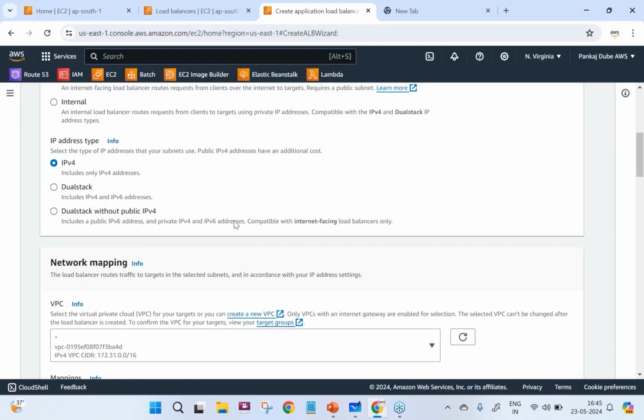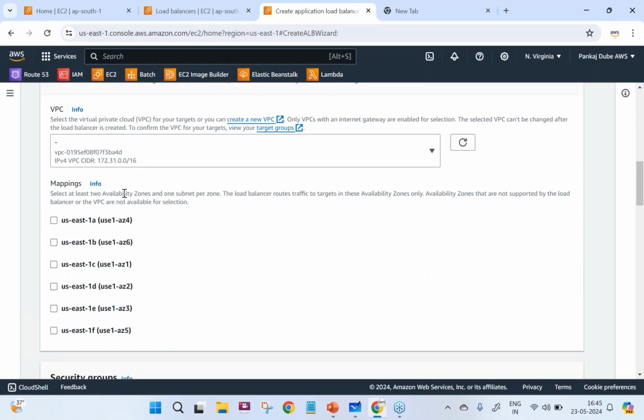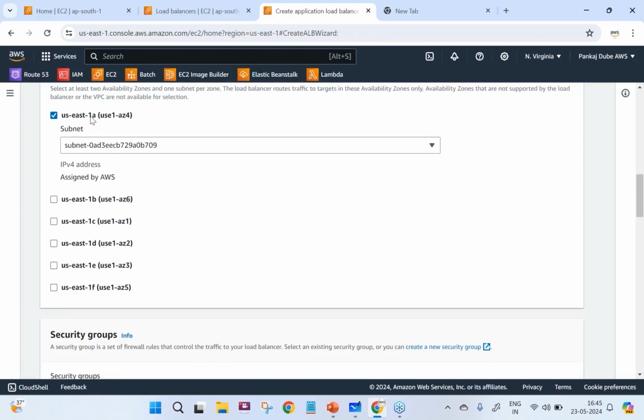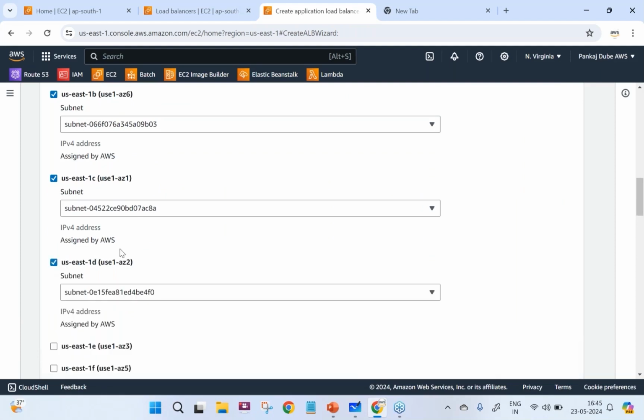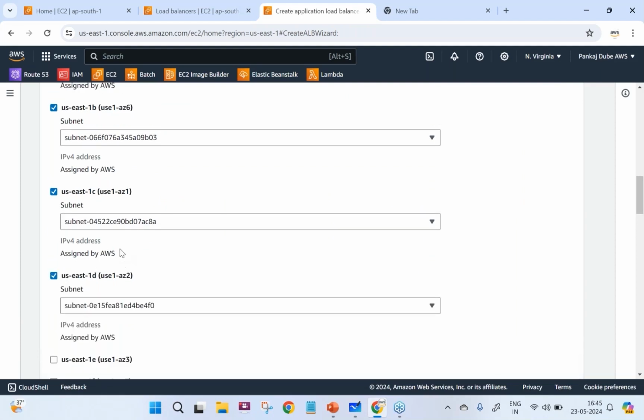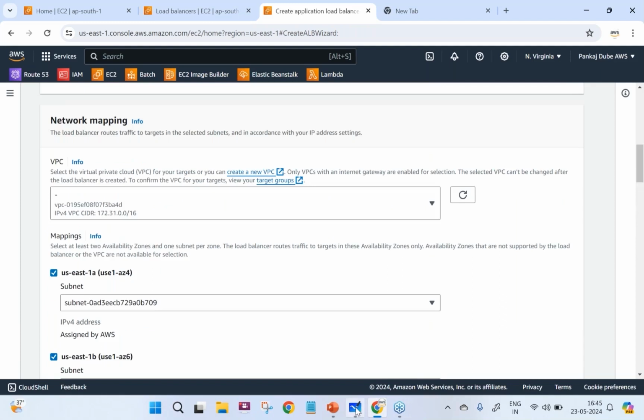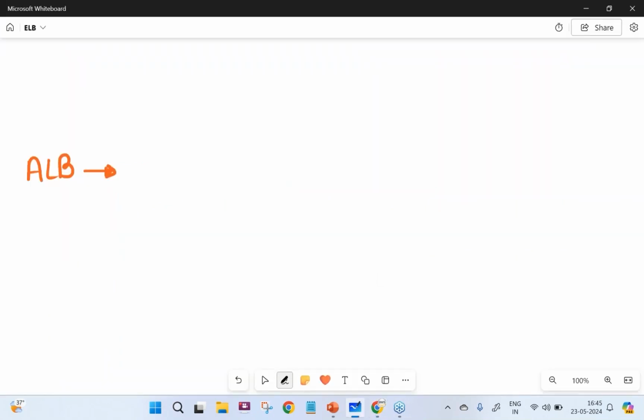So when I create a load balancer, let's say an application load balancer across the subnets, I need to specify mappings. So select at least two availability zones. Let's say I have selected US East 1A, 1B, 1C, and 1D availability zones. If I select these subnets, what it is going to do is one node will be deployed in